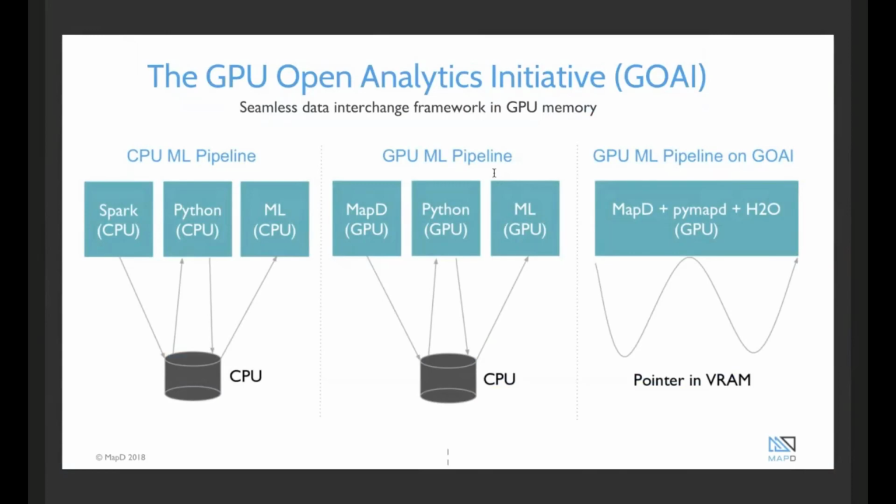Now, even if you're using GPUs in your machine learning pipeline, when you are passing data between different applications, you will end up going back and forth, serializing and deserializing data between different applications because they are in different binary formats. So to avoid that,